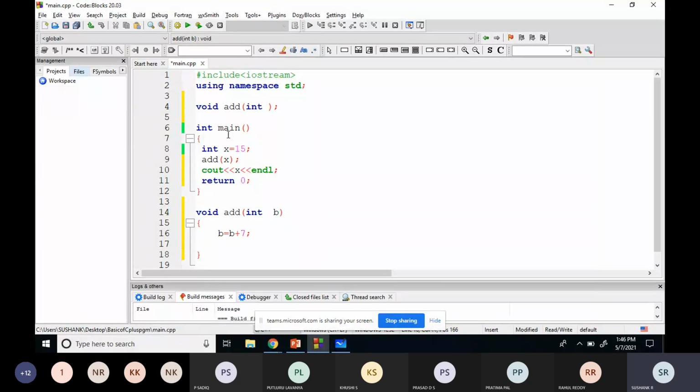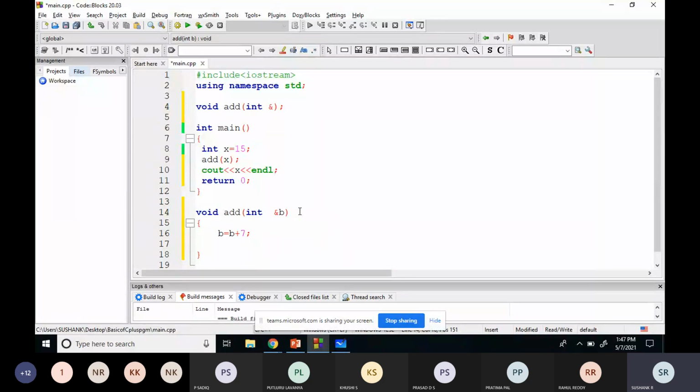I've declared a variable called x. I've created a function called add. For that add function, I'm passing the parameter. But now you're not passing the parameter normally, you're passing the parameter as a reference. Since you are passing the variable as a reference, in the function declaration, where you are passing the variable as a parameter, you should use this syntax: integer ampersand, and here also it should be integer ampersand. You're getting my point?